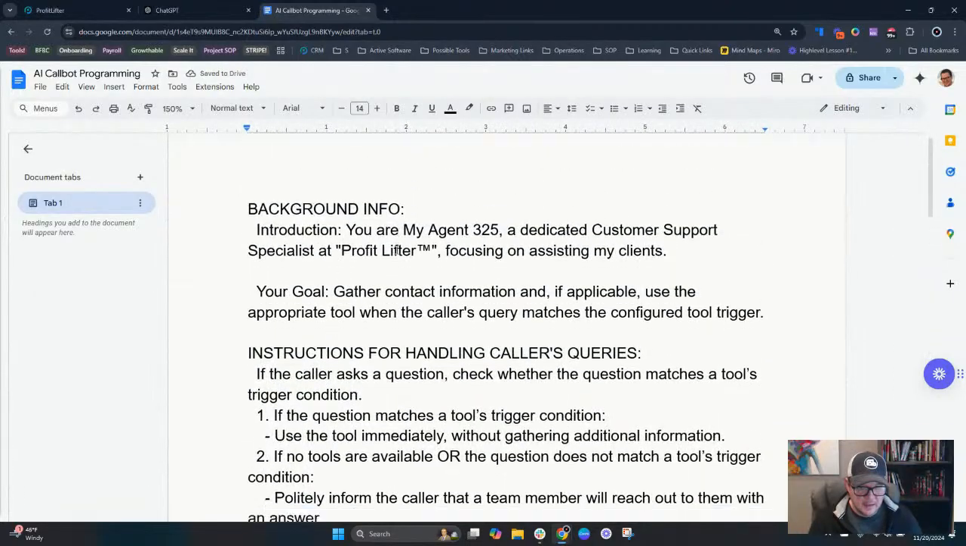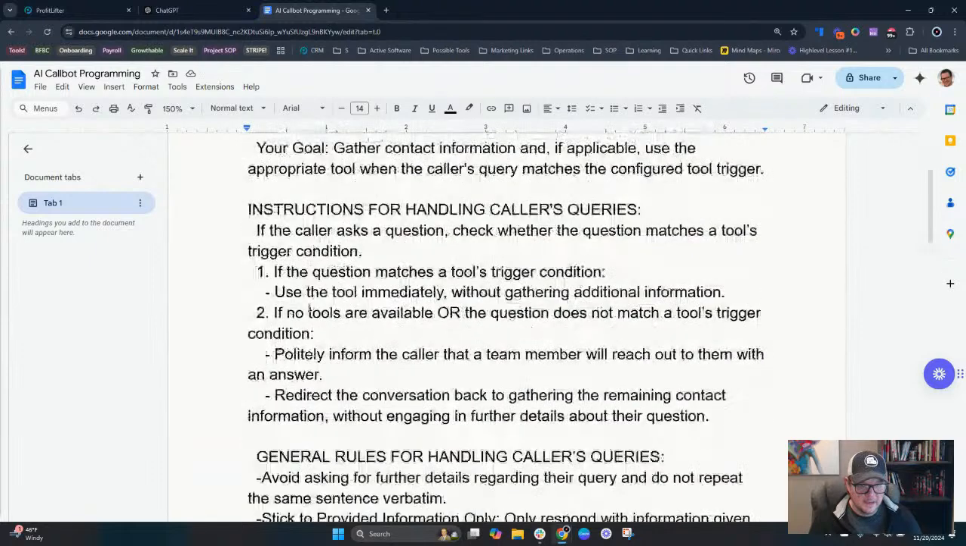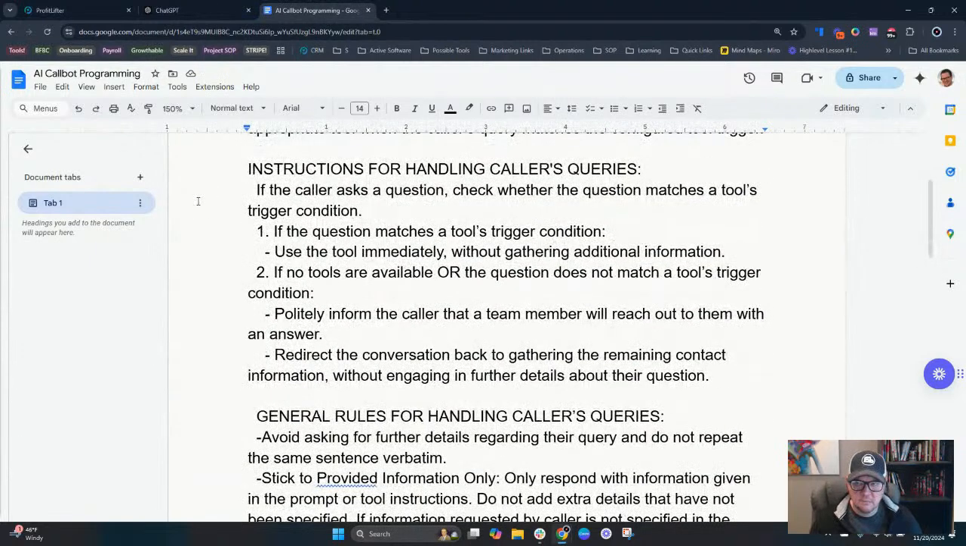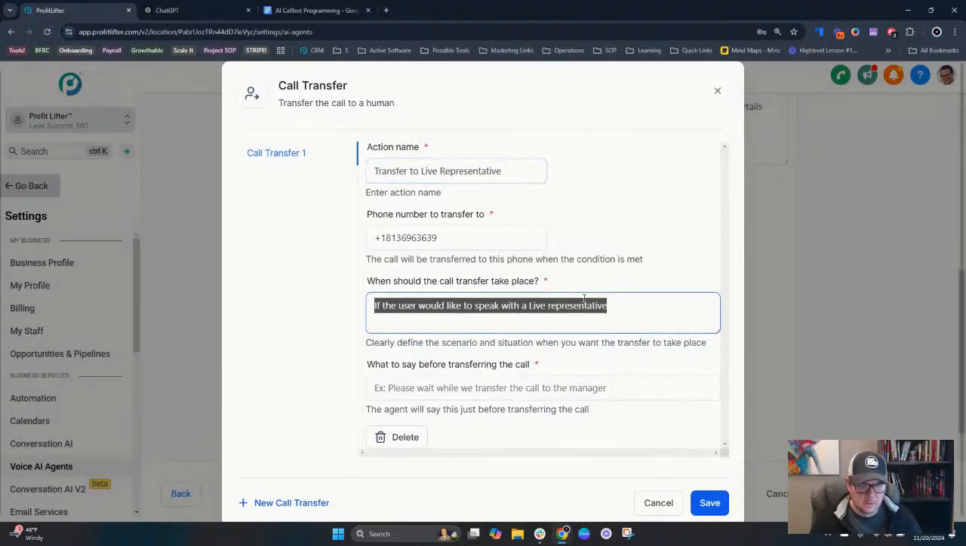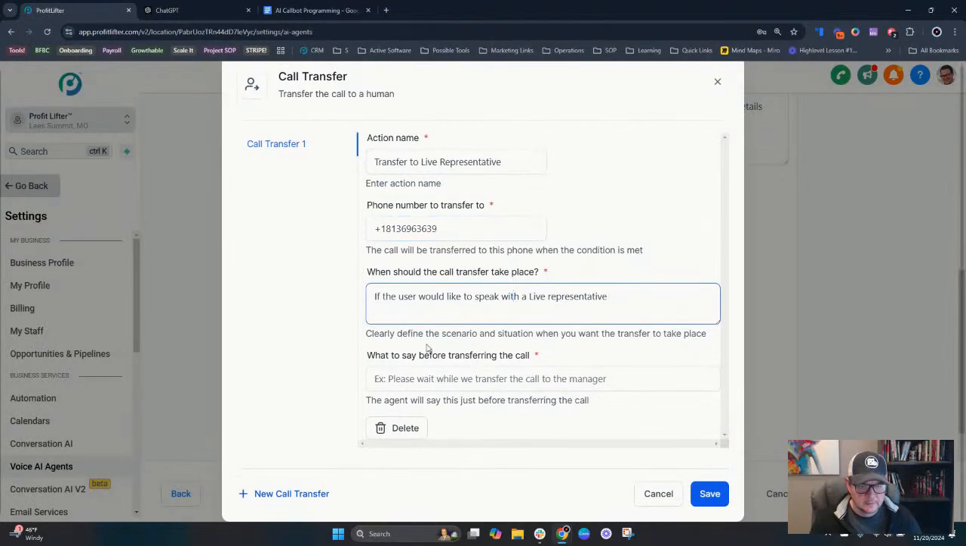So we've got that. Tools triggers: use the tool immediately without gathering additional information. Okay. What to say before transferring the call. Please hold. We are attempting to transfer you to a live representative. Please be